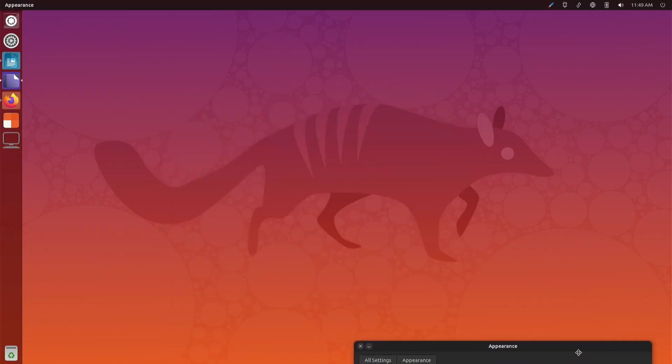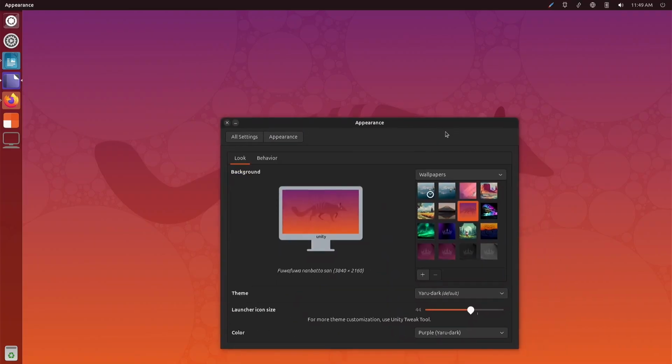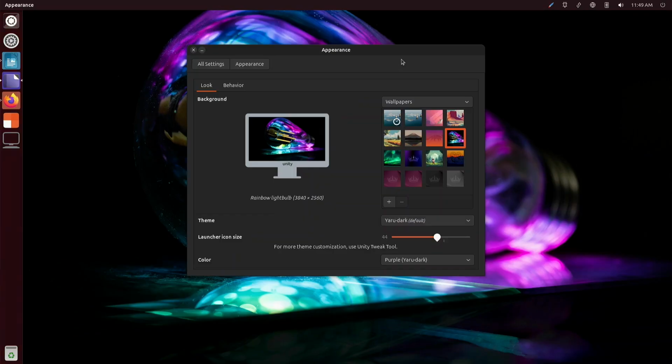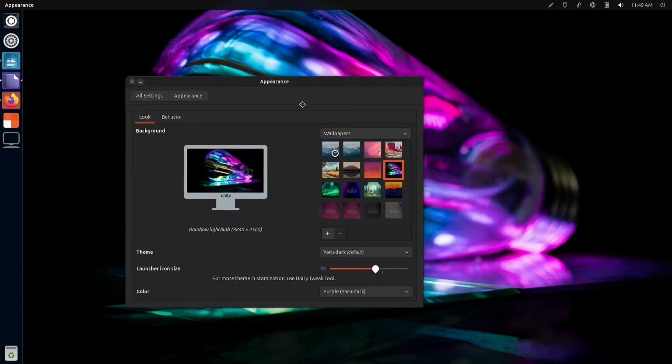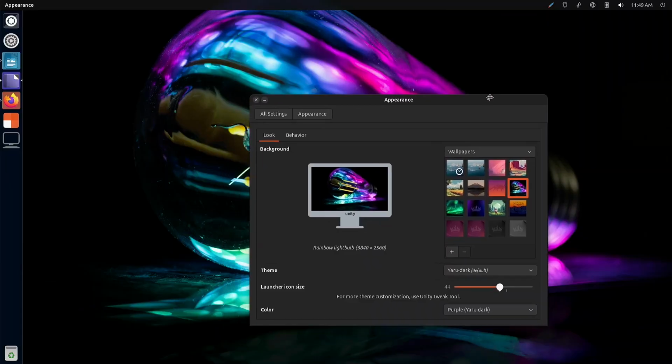I think this is just the 24.4 default wall. No, probably not. It's probably... Yeah, whatever. Okay, what's this? Oh, it's a light bulb. That's a nice picture. What, is it laying on a phone or something, though? Is that like a mirror? I don't know.